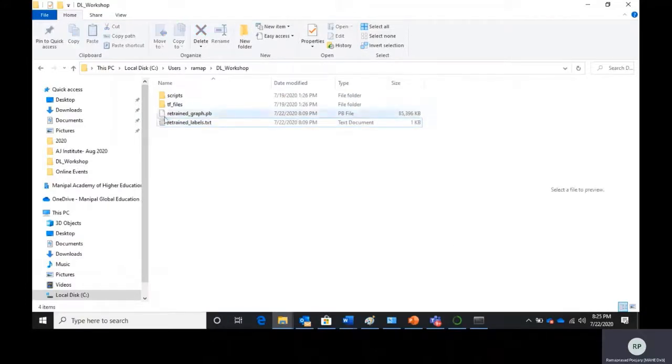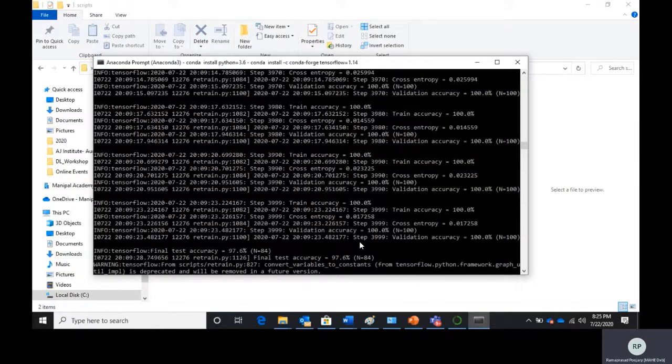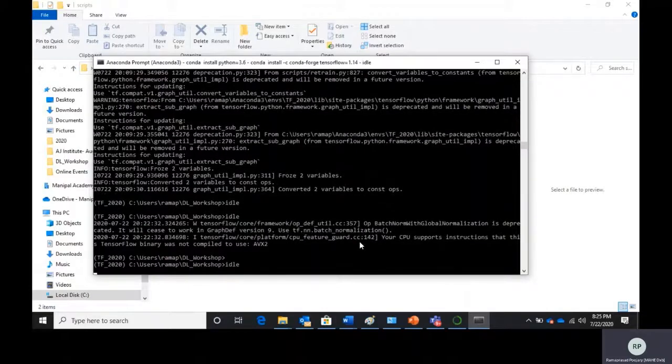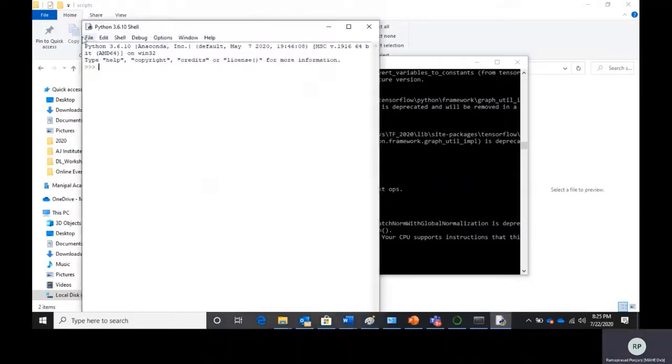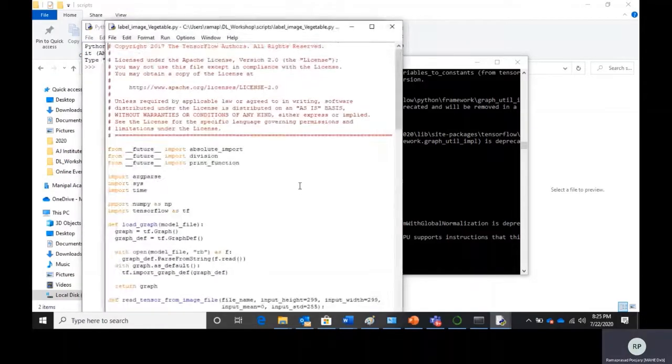Now these 2 files have to be fed as an input to label image, which I'm going to use for testing my classifier. So what I'll do is I will open this Python file, go to scripts. So this is the file.